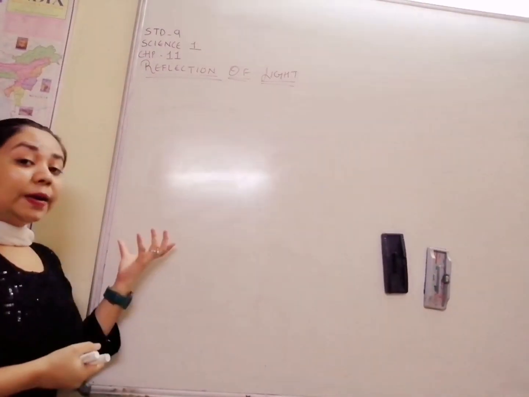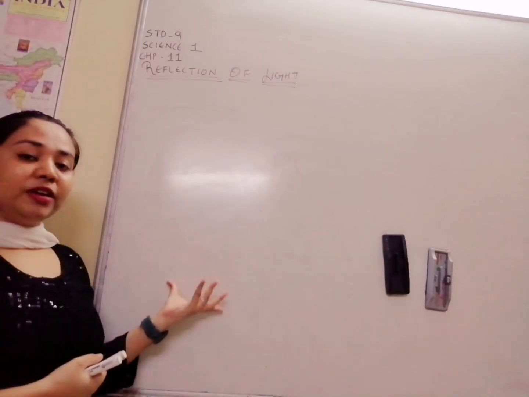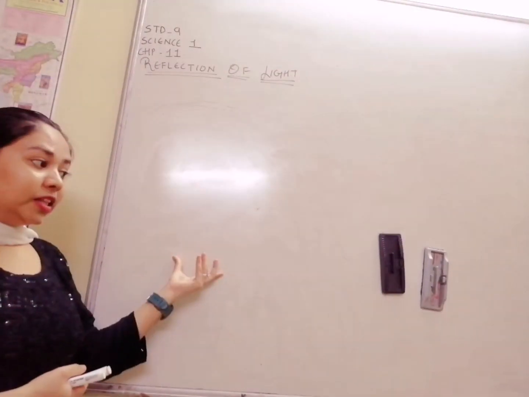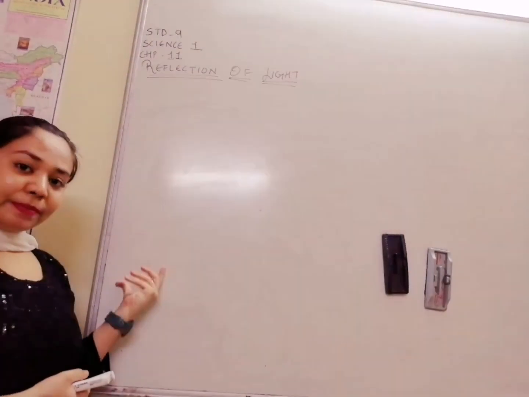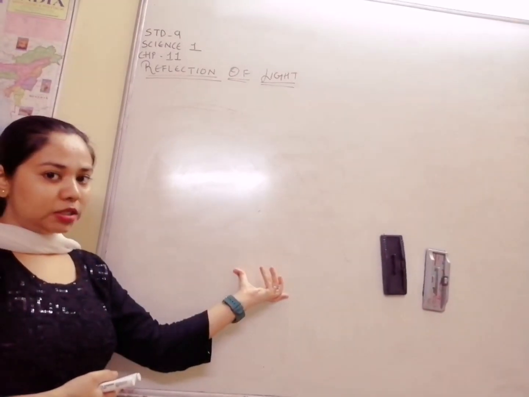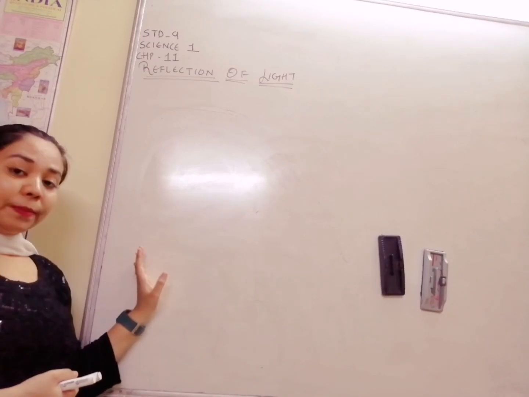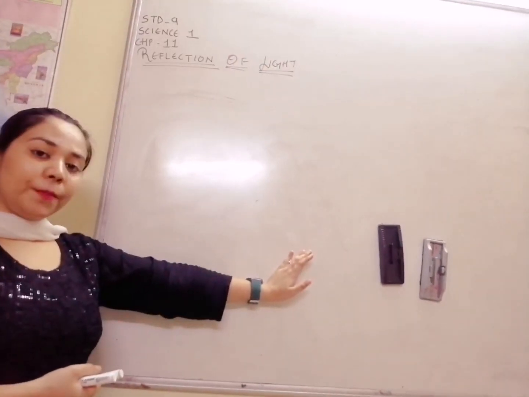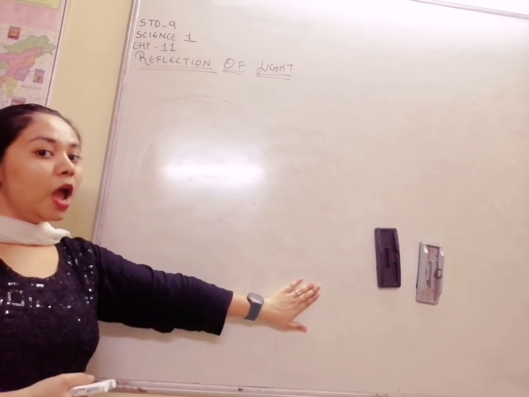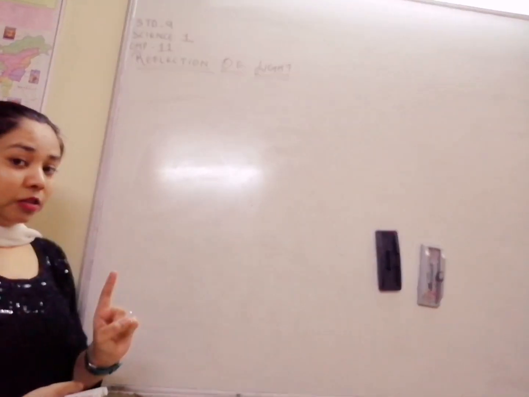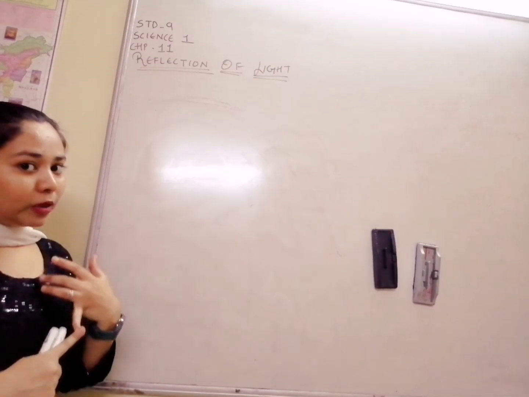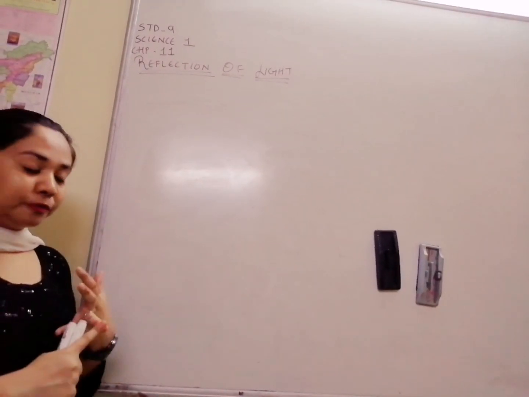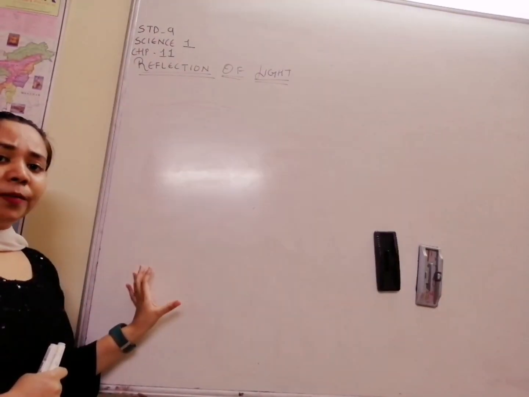But for the image, whether it is coming negative or positive, they will give you in the question whether the image is forming on the same side of the object or on the opposite side. If the image is forming on the left hand side, it will be negative, and if it is forming on the right hand side, it will be positive. And focal length, if it is a concave mirror, it will be negative, and if it is a convex mirror, it will be positive. Okay, so this is how the mirror formula works.